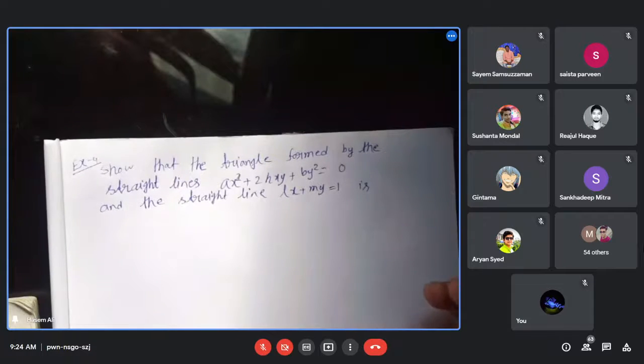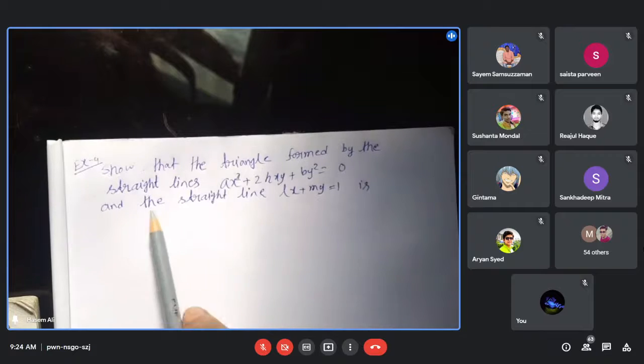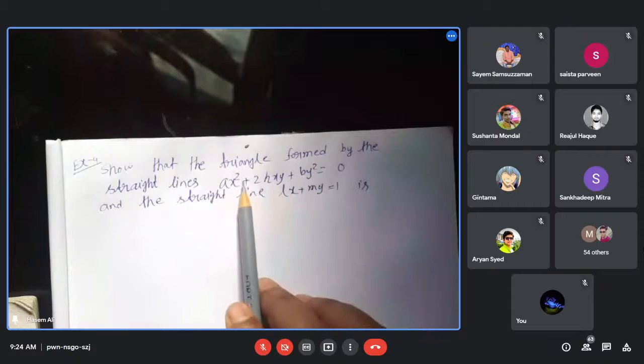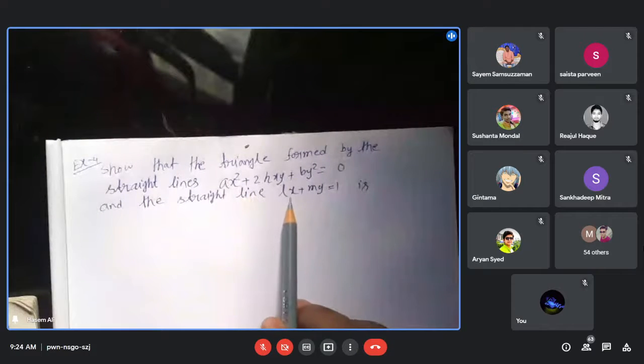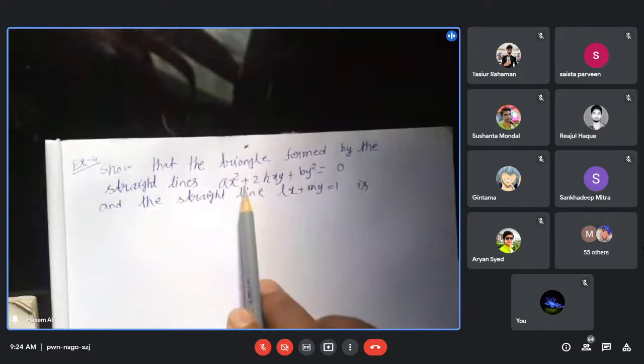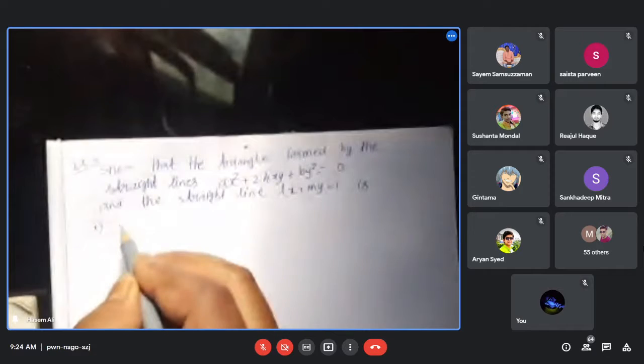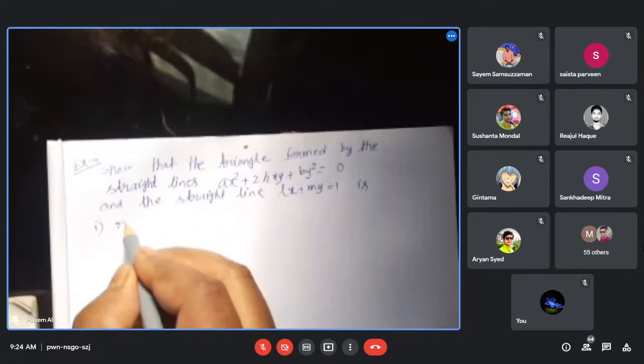This equation means two straight lines, and the other straight line is the third straight line. Then the triangle formed by these three straight lines is right angled. First condition, the triangle will be right angle